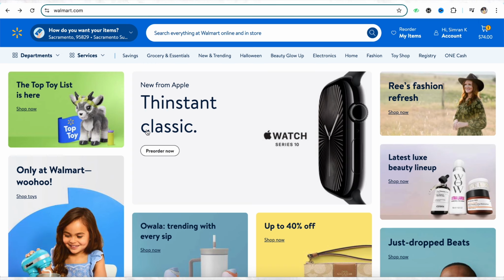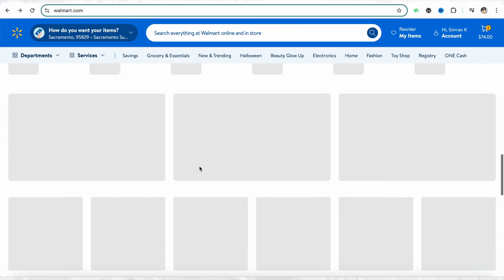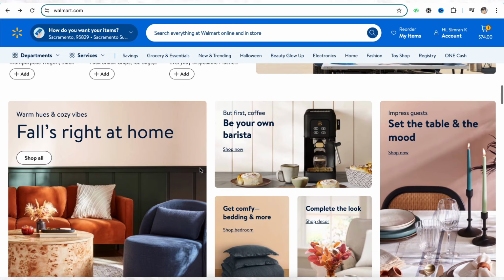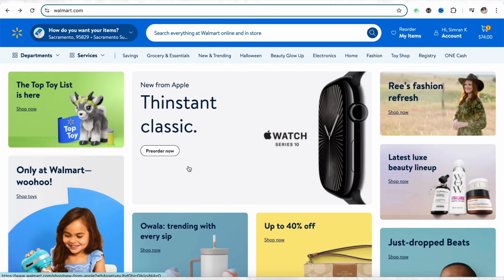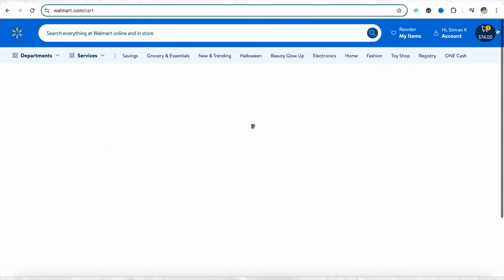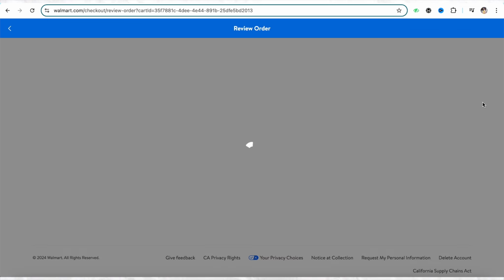And once you have the card with you, just simply come to the official website of Walmart, select and explore the products that are there, and put the products that you would want to buy into the cart in order to avail the discount while using the gift card that you have. And after that, just simply go to your cart section where you have selected the item and click on continue to checkout,